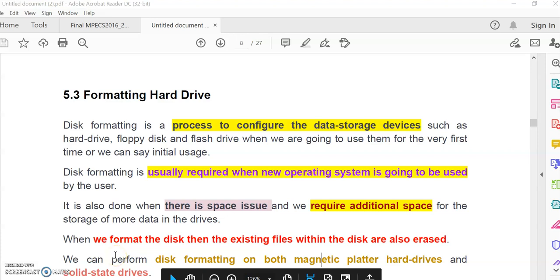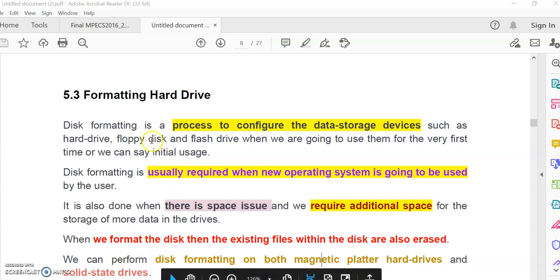In this lecture we are going to learn a new concept that is about formatting a hard drive. In the last lecture we learned about what an IDE technology is, and in this lecture we will learn how to delete the hard disk content and how to format it. So format means you will have a hard disk that can be blank or having some content, so that content will be deleted and you can install a new operating system.